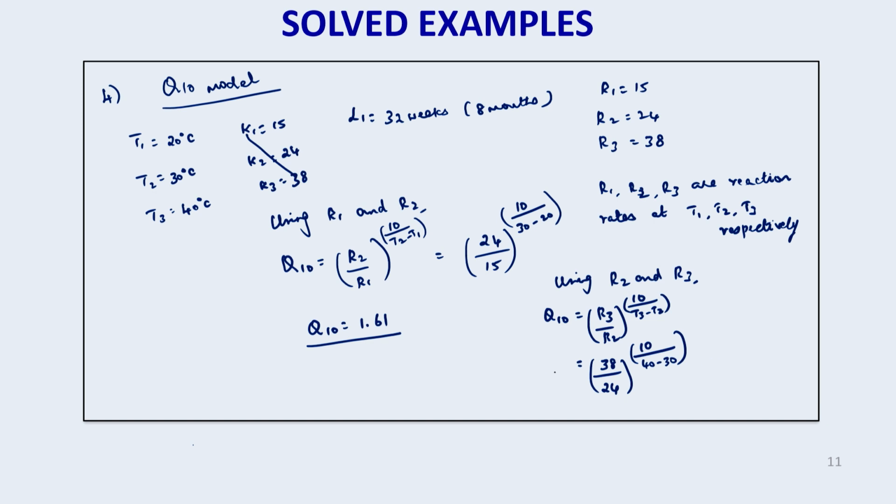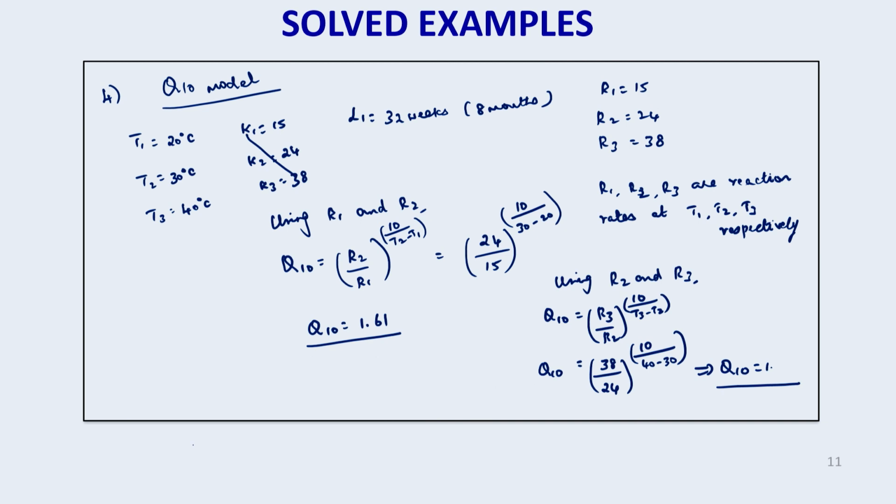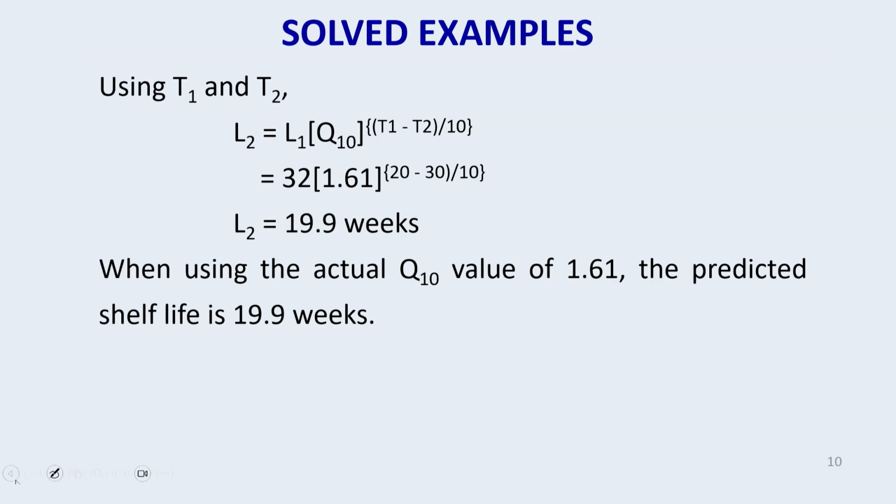So simplifying, using R2 and R3, the Q10 value will be 1.58. If we compare these two values,